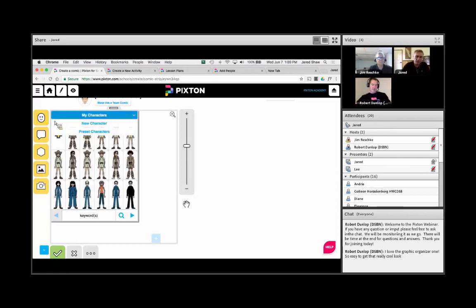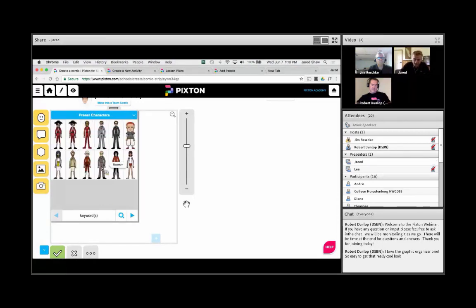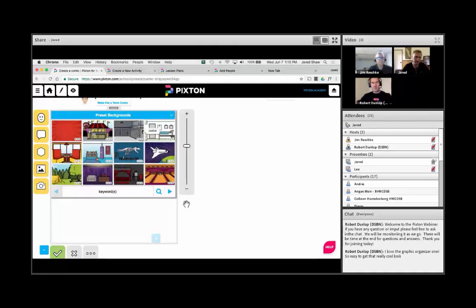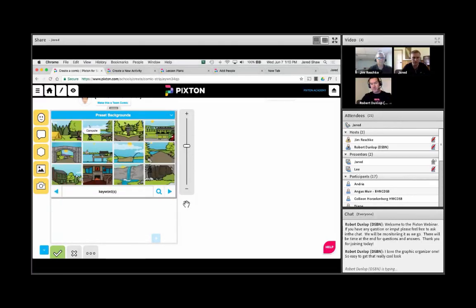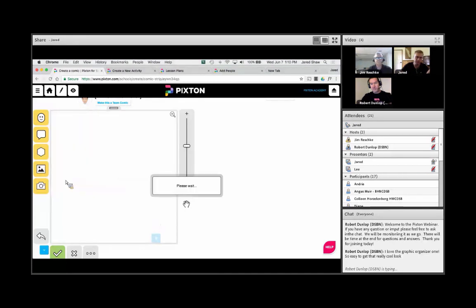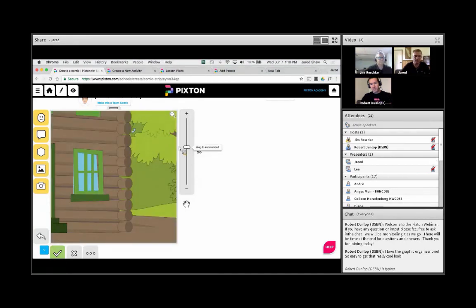In terms of what the character suites look like here, we've got about 700 preset characters, and you can keyword search these. All of these characters are editable, so anything you want to do to them. And in terms of backgrounds, we set it up here so that the backgrounds are clustered. You're going to see these little dots here. If I click into nature, it's going to open up a whole bunch more backgrounds. There's approximately 5,000 backgrounds in Pixton. So if we were to select one like this,